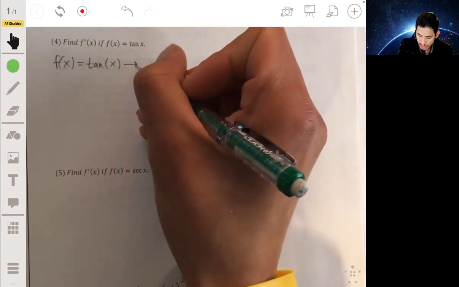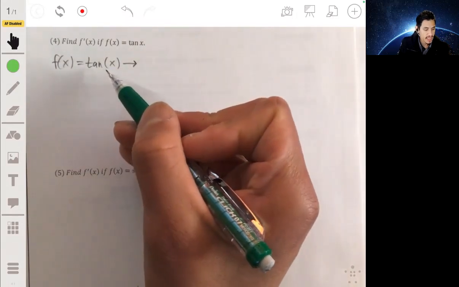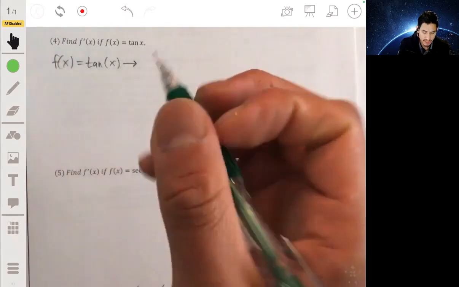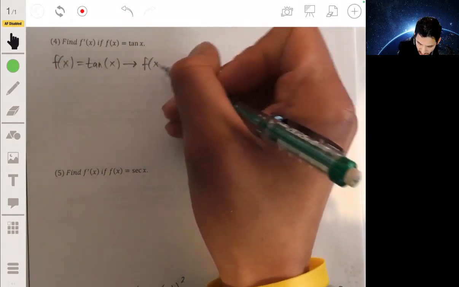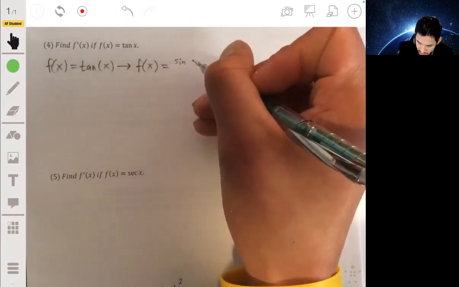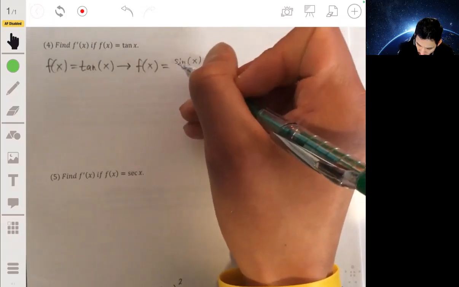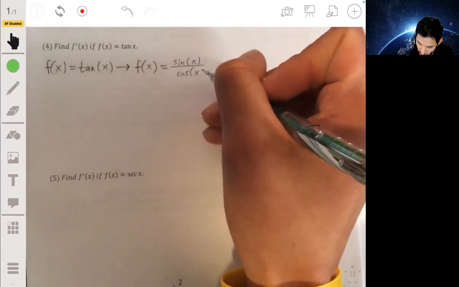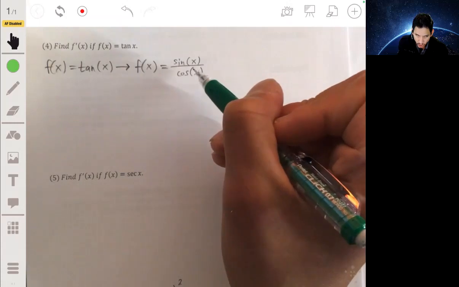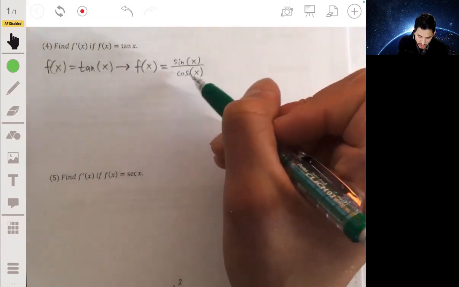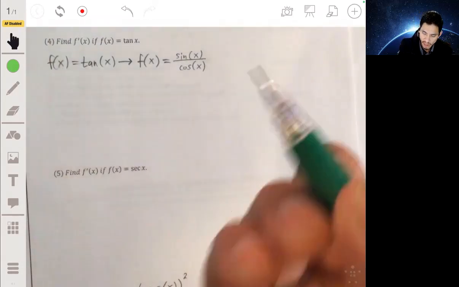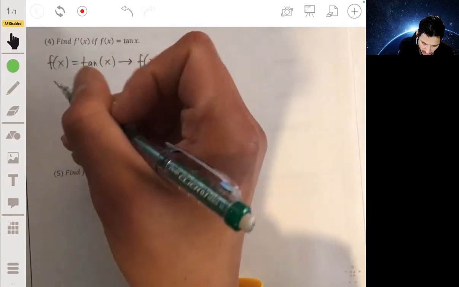Now, let's remember that the tangent of x is equal to the sine of x over the cosine of x. So what we can have here is f of x is equal to the sine of x over the cosine of x. And what we're going to do here is differentiate this quotient, that's right, using the quotient rule. And let's see what we got. So if we get f prime of x,